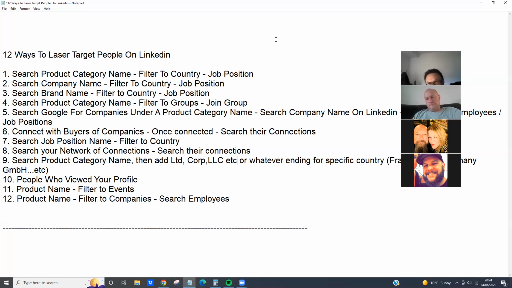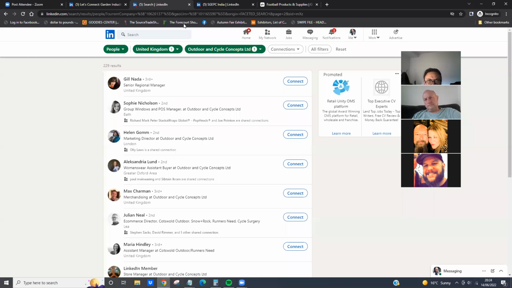And that is where the gold is, guys. Seriously, that is where the gold is. These connections where not a lot of people are connecting with, in a lot of these hidden industries. I know I've shown broad product category names, but you should deep dive further into them. Instead of putting DIY or hardware, deep dive further into that broad product category name.